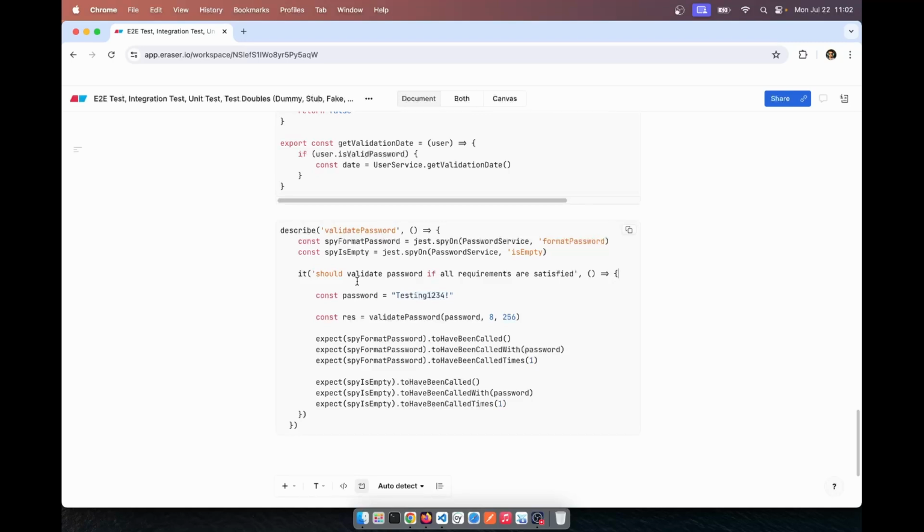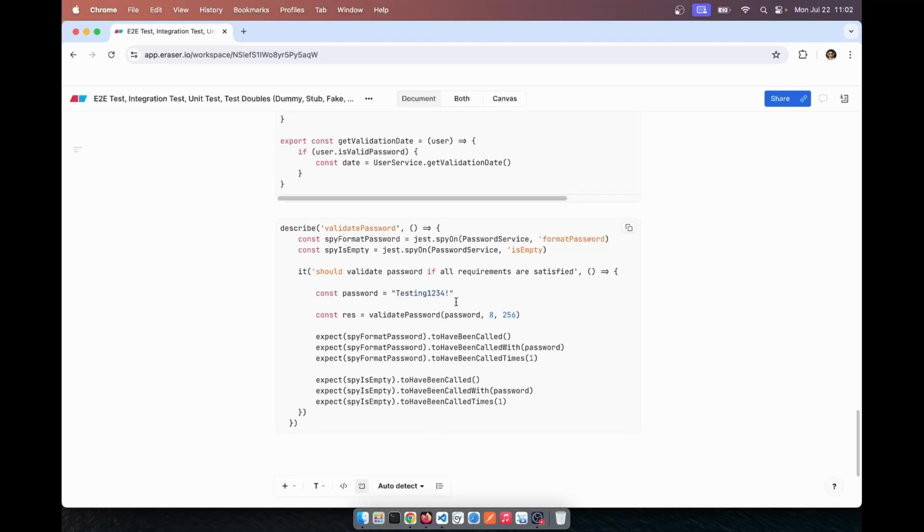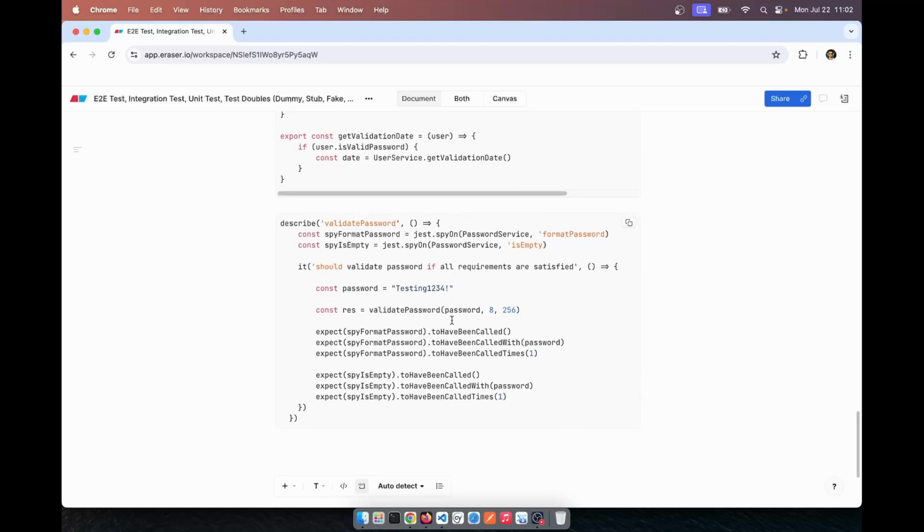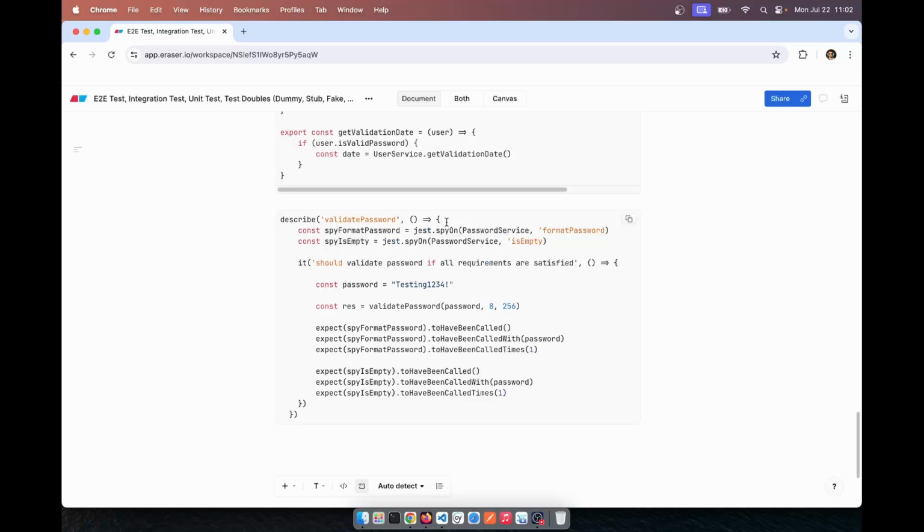When we use a mock, we are trying to test if the function has been called, how many times the function has been called, if the function has been called with the correct parameter or not, and if the function has been called with the correct number of parameters or not. By using a mock, we are trying to test if the function has been called or not. Okay, so if you look at this validate password function, in order to write a unit test for this,